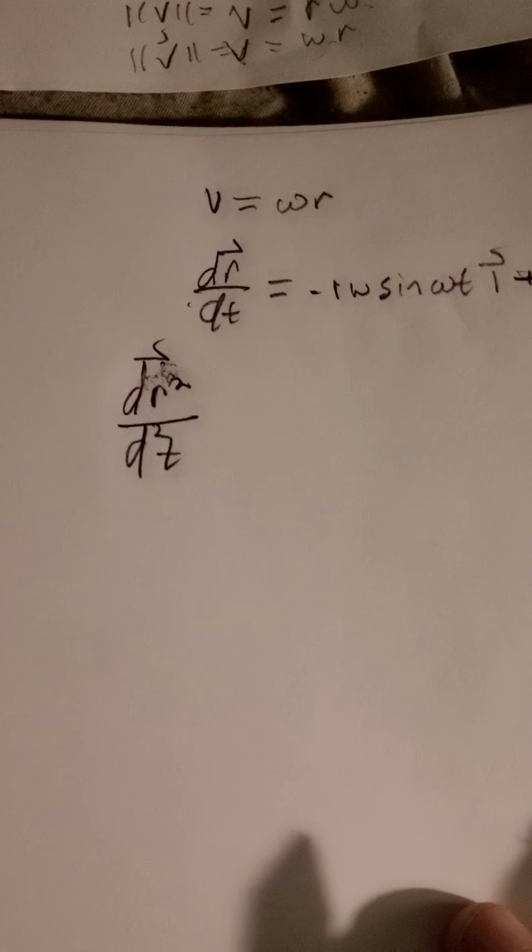We found that. So if we take another derivative, the second derivative of this position vector here, let's call it position vector, we take the second derivative of that position vector,